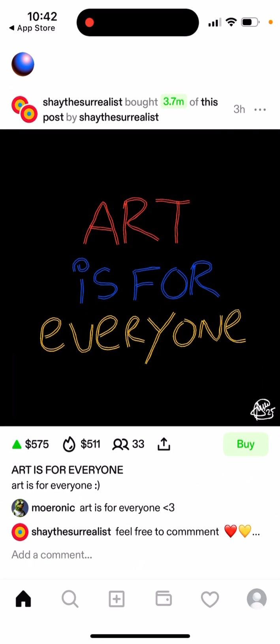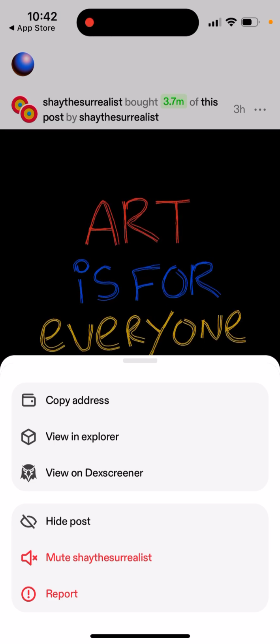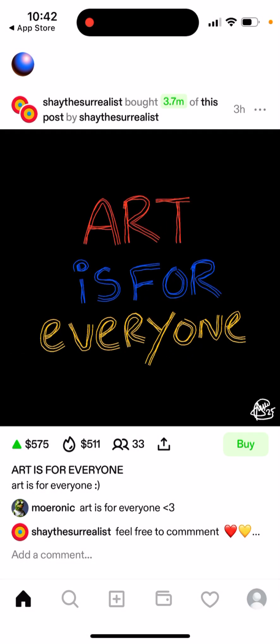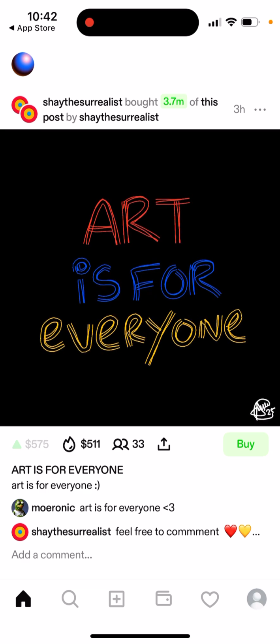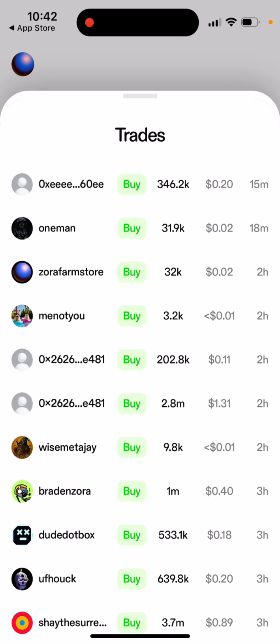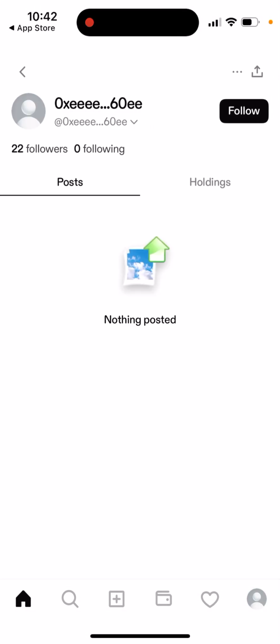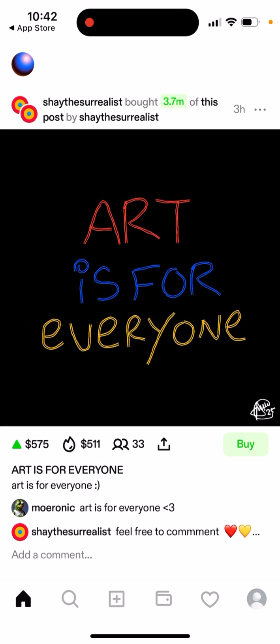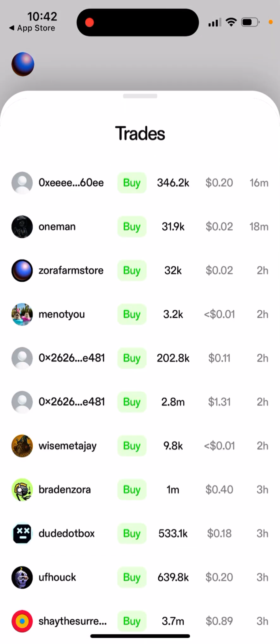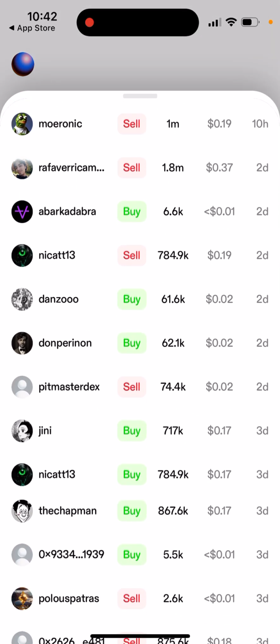You just have all of these posts in here, and again, every post is a separate coin. Then you can see in here that these are trades for this post, so how much each of these people bought this coin. Then you can see a specific transaction or specific account. I don't exactly understand yet. Green means that a lot of people bought it, or more people bought it.